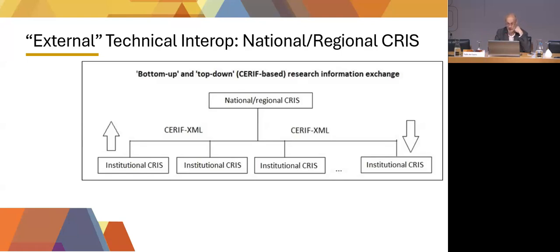This is an interesting workflow for research information exchange because it could also apply to European university alliances, like the one we heard about yesterday, this Open EU alliance of open universities across Europe. In this case, it would not be a national or regional CRIS, it would be an alliance CRIS, where you would have at the bottom the repository for the Open Universiteit in the Netherlands and the Open University in Milton Keynes in England, and UNED and Oberta Catalunya and so many others.